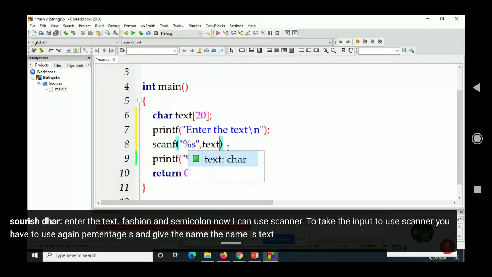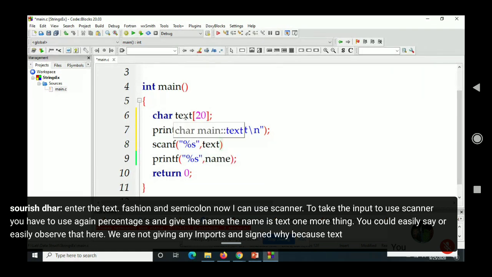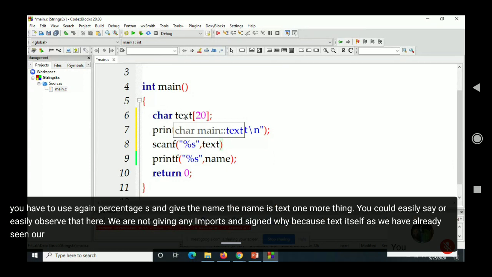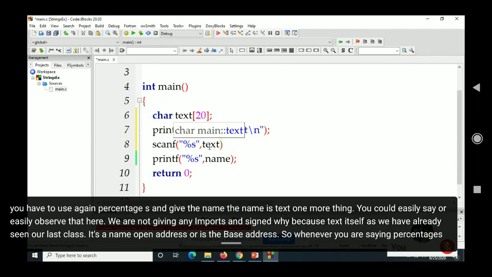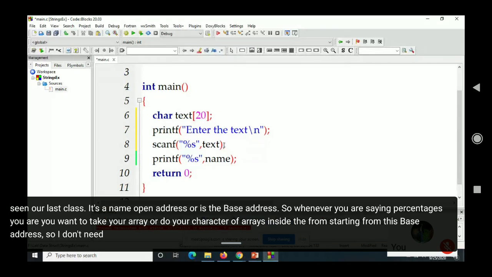One more thing, you could easily observe that here we are not giving any ampersand sign. Why? Because text itself, as we saw in our last class, is the name of an address, the base address. So whenever you use %s, you want to take your character array starting from this base address. So I don't need any ampersand sign here.